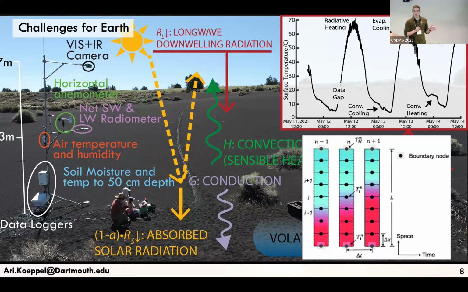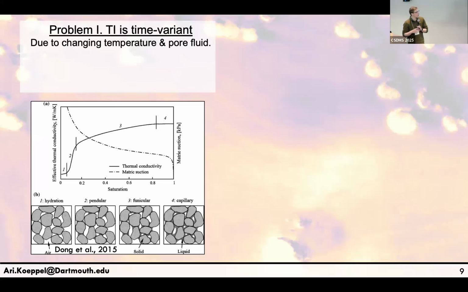I haven't actually gotten to the problems, the challenges yet. The challenge isn't here. We can take really accurate measurements. The challenge is that thermal inertia varies non-linearly with some of these properties. Specifically, it varies non-linearly with temperature, and it also varies quite a bit within the range of conditions at our surface